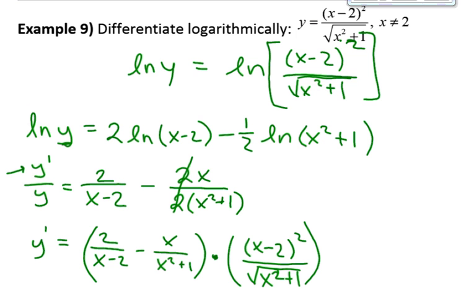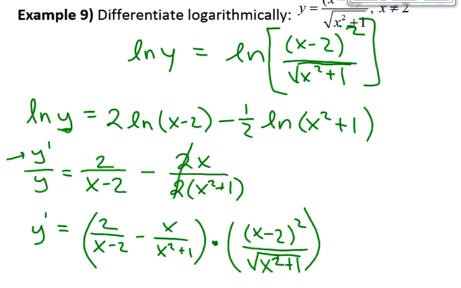I'll mention one thing: the biggest mistake people make with logarithmic differentiation is they'll do all the natural log stuff, they'll get to this step, and then they'll simply say that that is the answer because they've done all this work, but they haven't reached the derivative yet. So make sure you continue on and